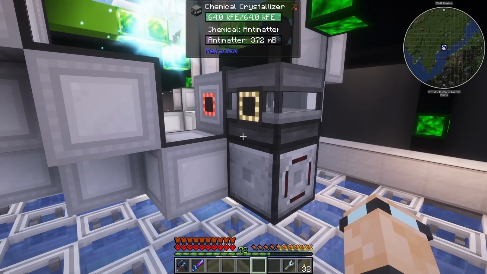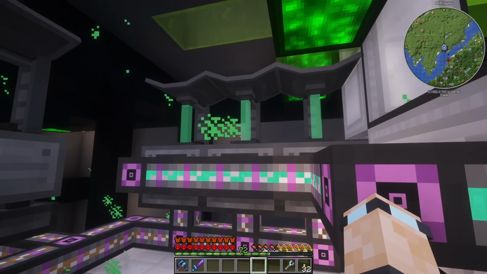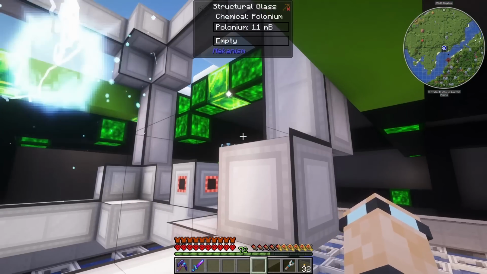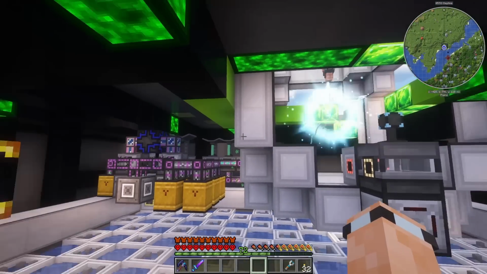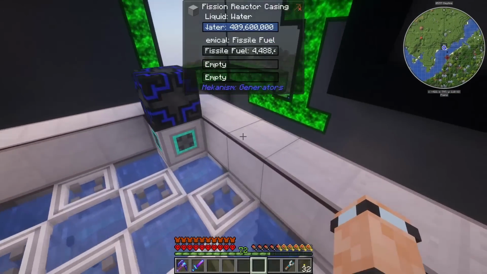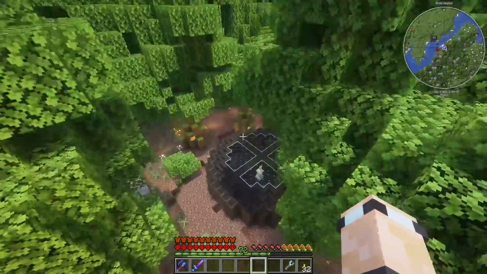I got an amazing comment, and that was that the solar neutron activators work all the time in the end. Why did I not think of using the end? That's a great idea. We should have probably moved that out to the end. We've already made the eternal day and eternal sunny thing. I'm not going to do the always sunny thing again, but